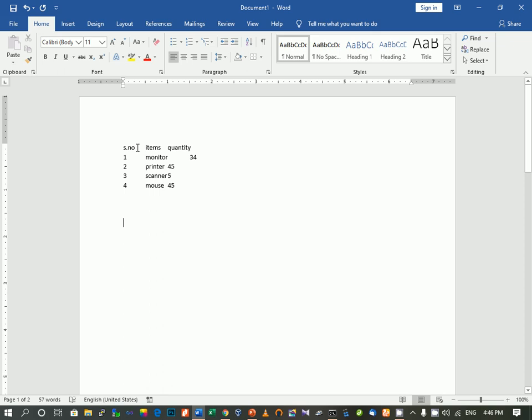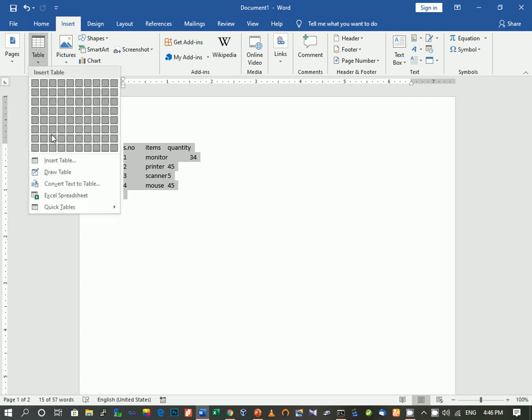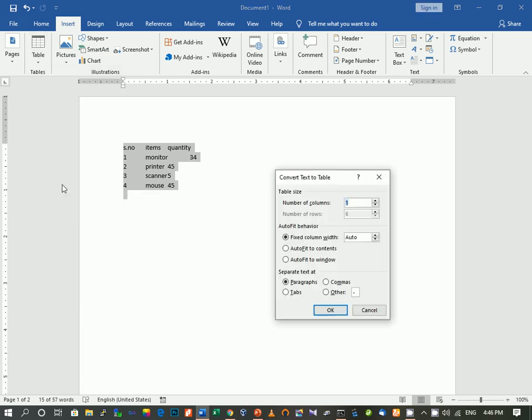I have entered serial number, items, quantity, and all these details, and later I realize that my data needs to be converted into a table. In that case, you select the text, then here we have insert, table, and here you have the option convert text to table. So you click on convert text to table.